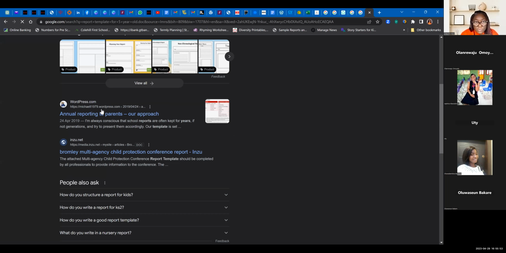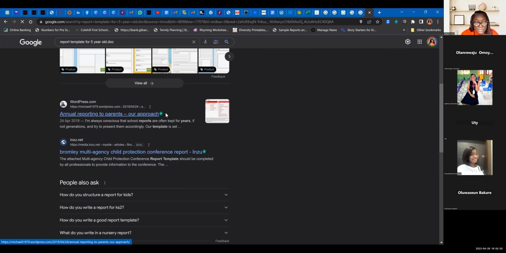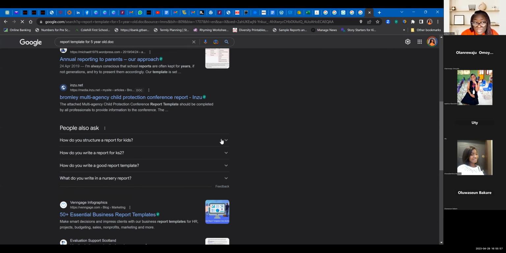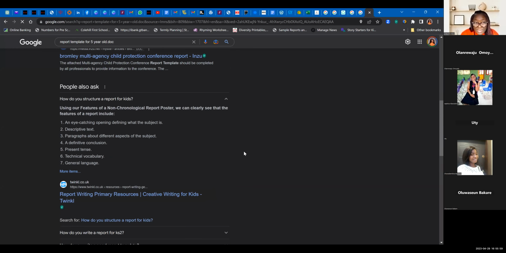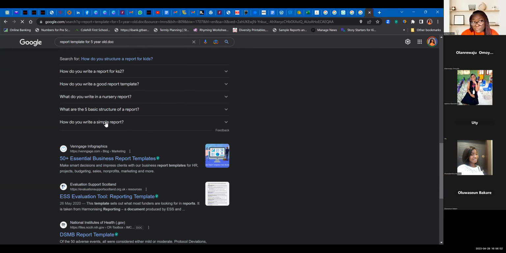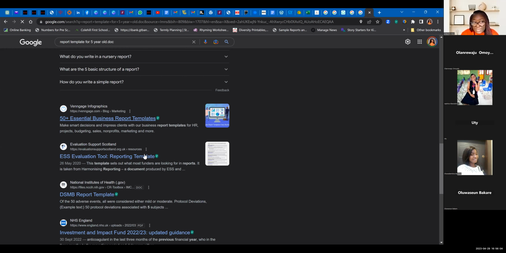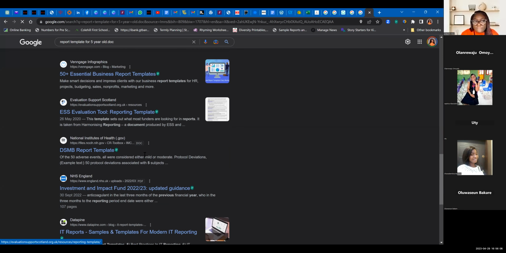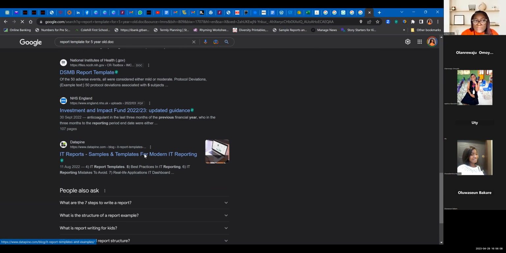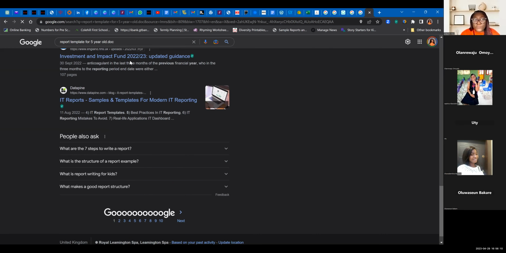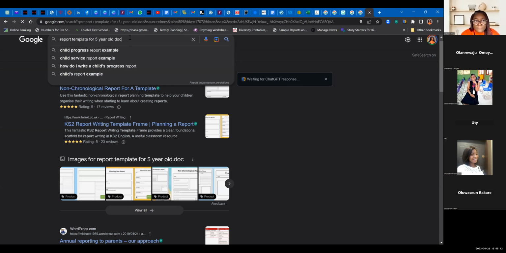But if you come to WordPress, annual reporting, how do you structure a report for kids? It's all there. These are report templates that you can get, right? So it does have things there that you can use. Or you can put free. And that's all you need to do.